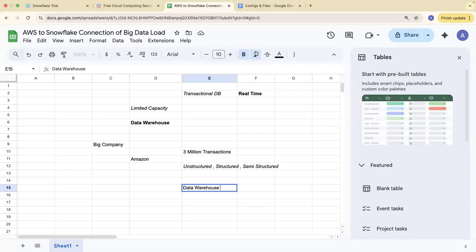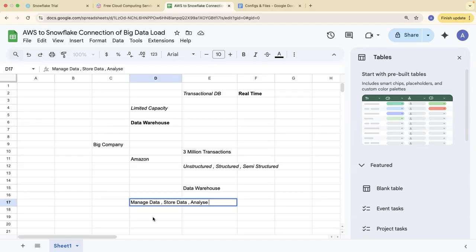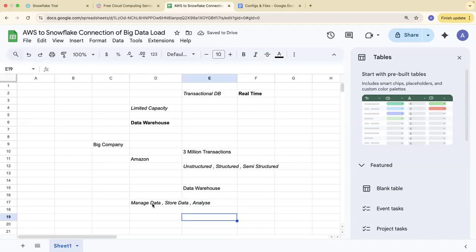When I say these three things, manage data, store data, analyze data, these are the three most important things that companies are doing today. And for doing these things and to get a better infrastructure, or a service which can help them do all these things without a lot of hassle, they use something known as a data warehouse.